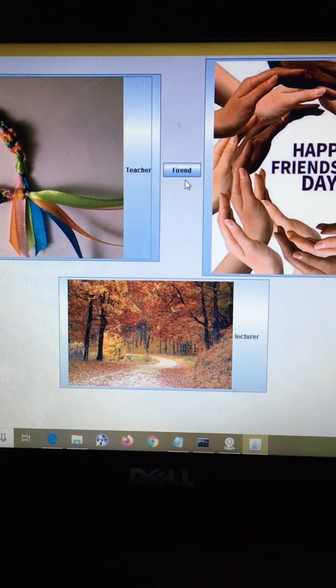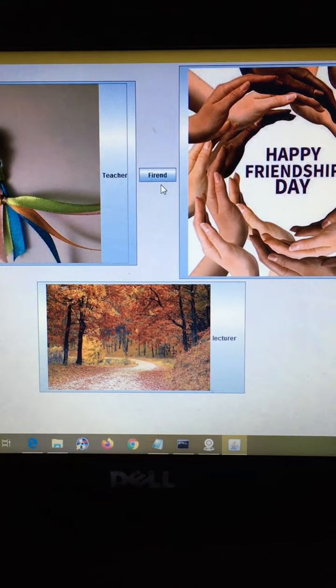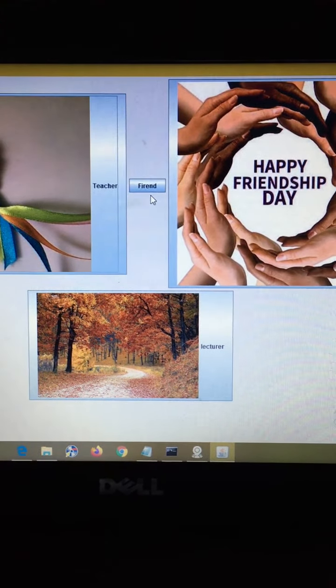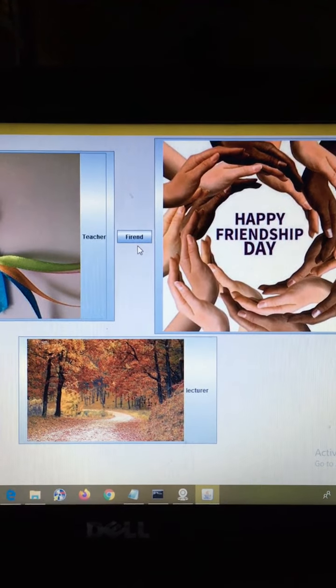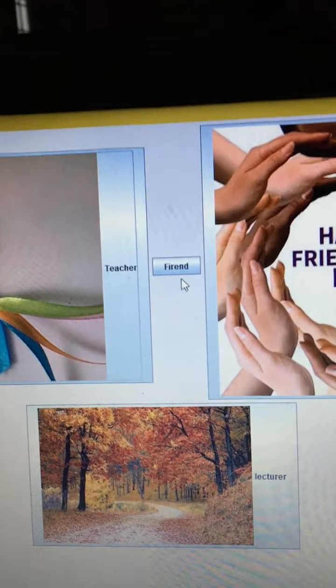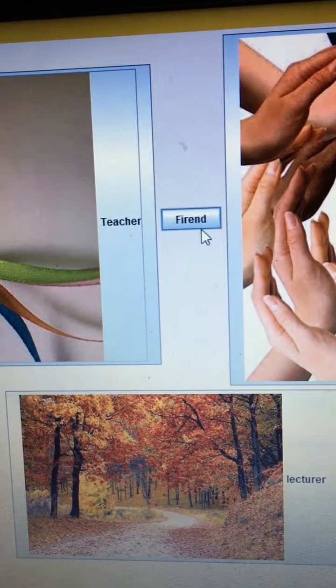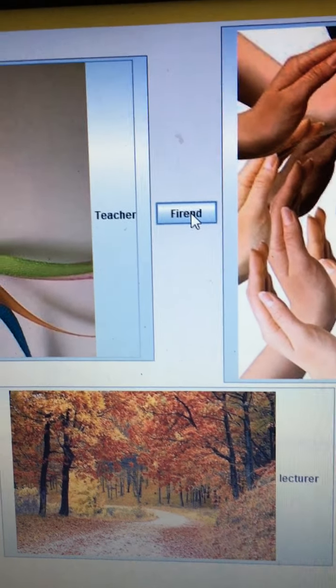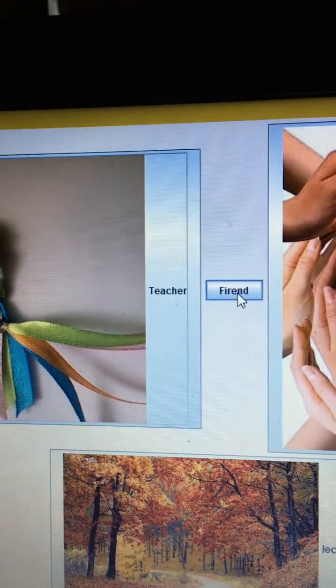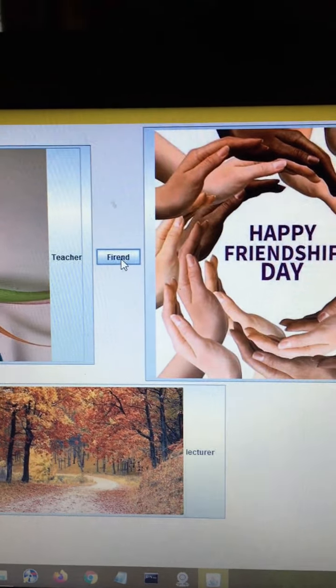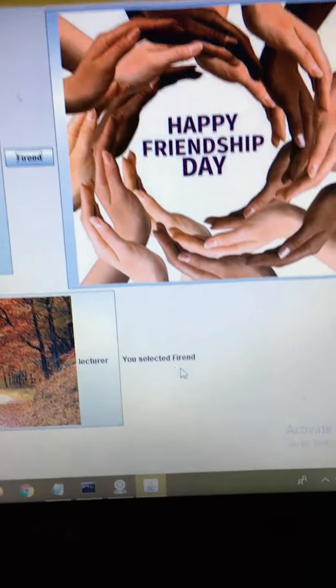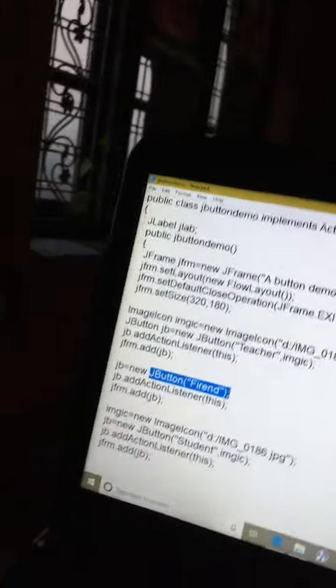I have changed the second button, means I removed the image associated with the second button. I included only text, the action command string associated with the button. I am pressing the friend button. You selected friend.